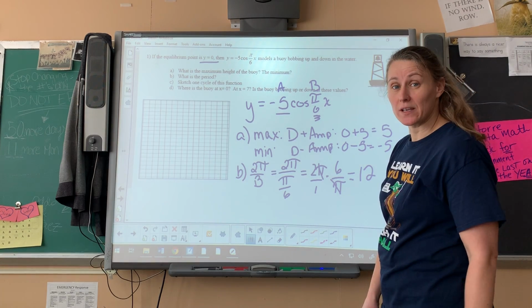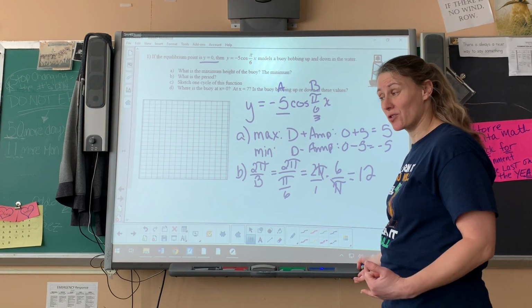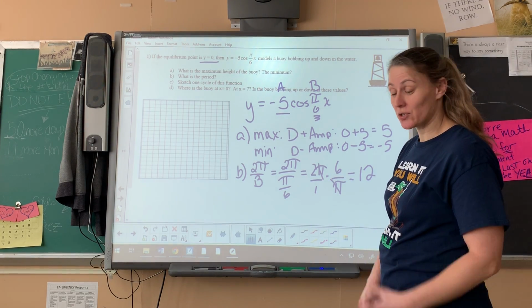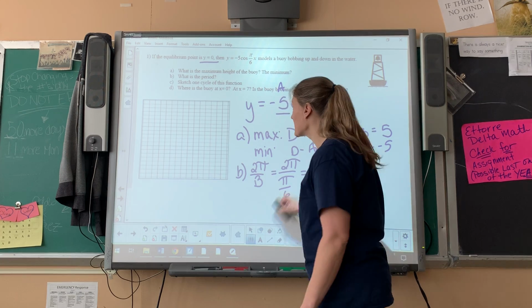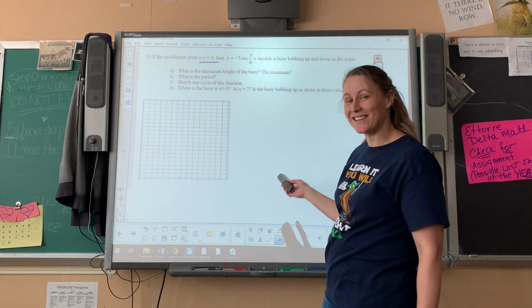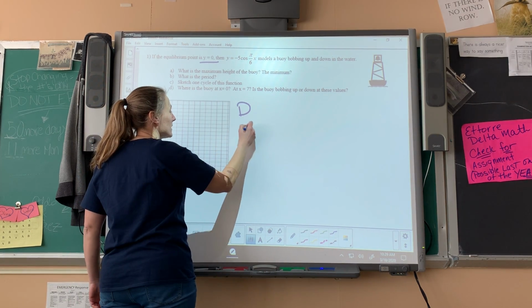Sketch one cycle of this. So to sketch this, I'm just going to erase this because I'm writing really large so you can see it. So I'm going to erase this so I can do the sketch. So sketching is what you just spent some time on. You missed that. You missed it. Okay. Sketching the graph is D